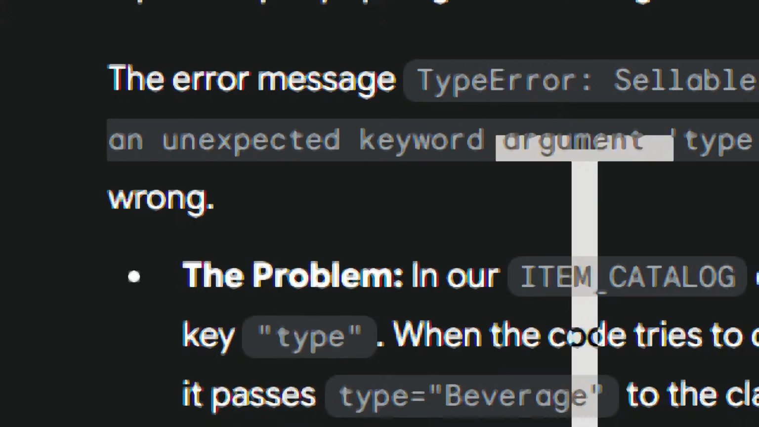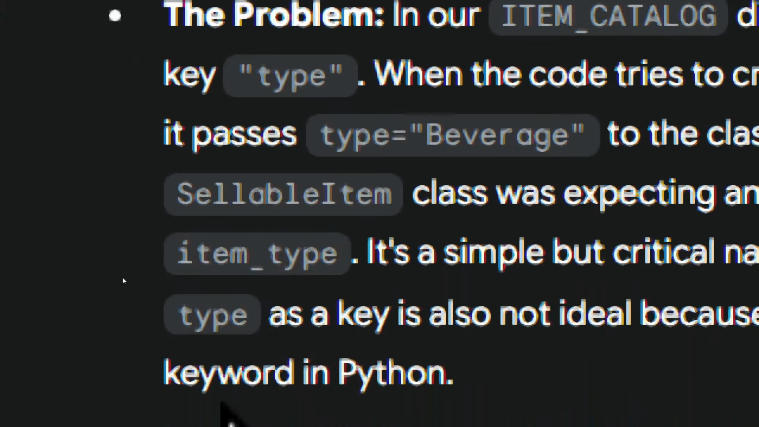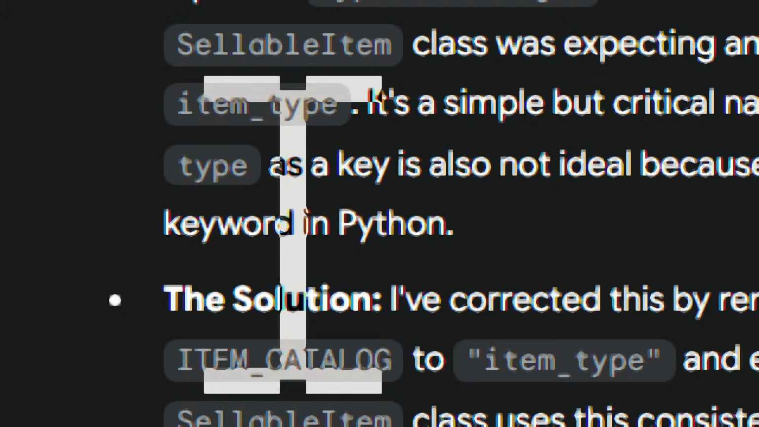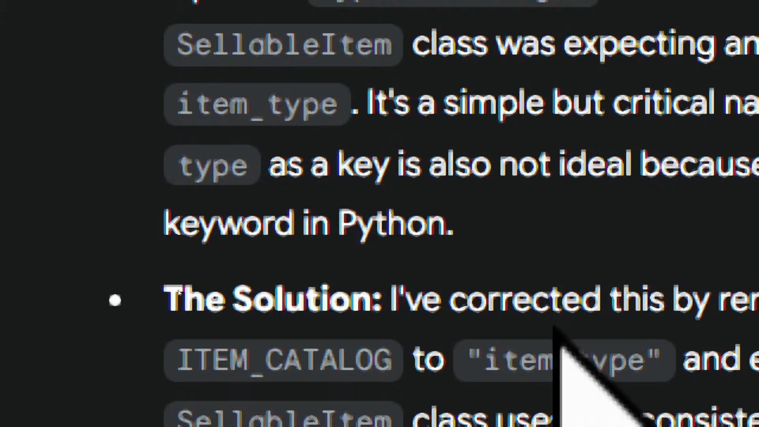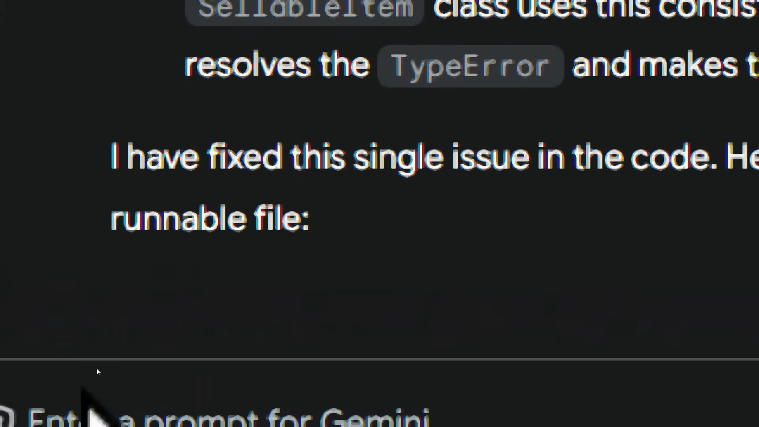The problem: the item_catalog, when the code tries to create a type equals "beverage" sell item_as a key. The solution: item_as a key is also not ideal because it's a reserved keyword in Python. I've corrected this by renaming the key in the item_sellable. I have fixed this single issue in the code. Runnable file: